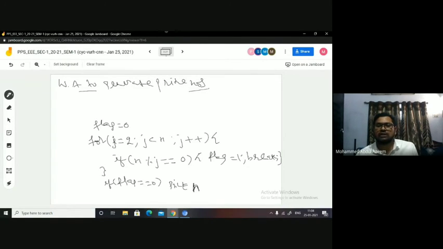Now I have to generate for numbers between 1 to n. Then I'll be taking this whole logic in another for loop, for I equal to 1 till n. Put this brace here. And then this n is nothing but all such I. Getting it? I have to test this logic for all such I, where I is between 1 to n.